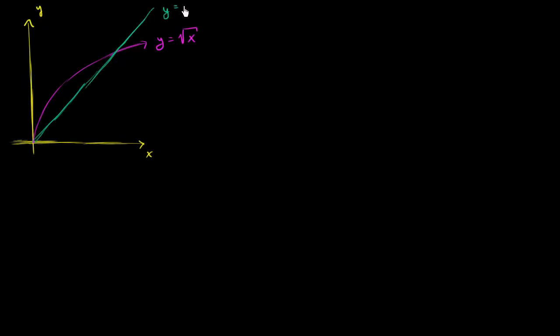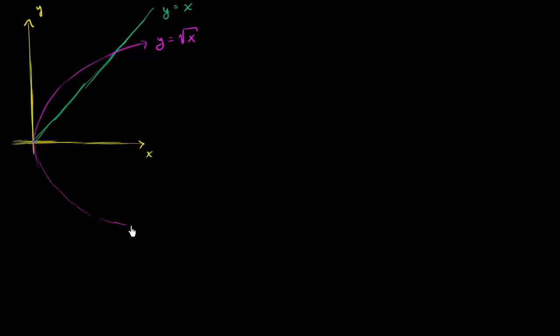Y equals x. And what I care about now is the solid I get if I were to rotate the area between these two things around the x-axis. So let's try to visualize it. So the outside is going to be kind of a truffle shape. It's going to look like a truffle shape, and then we hollow out a cone inside of it. So let me make my best attempt to draw this shape. So it's going to look something like